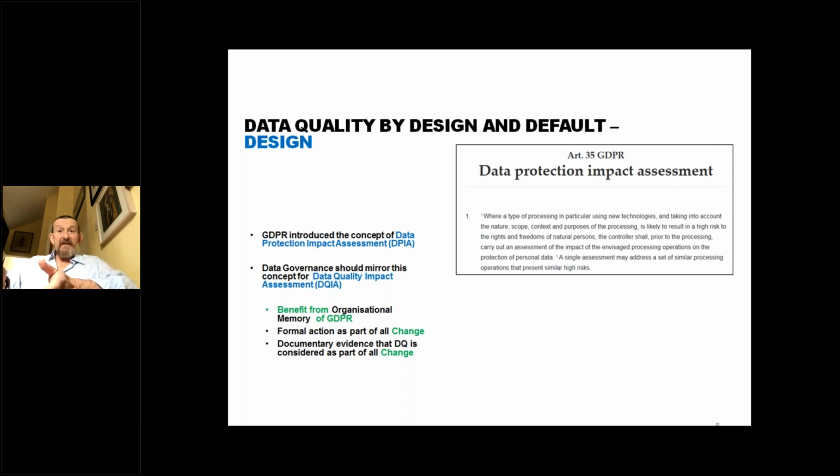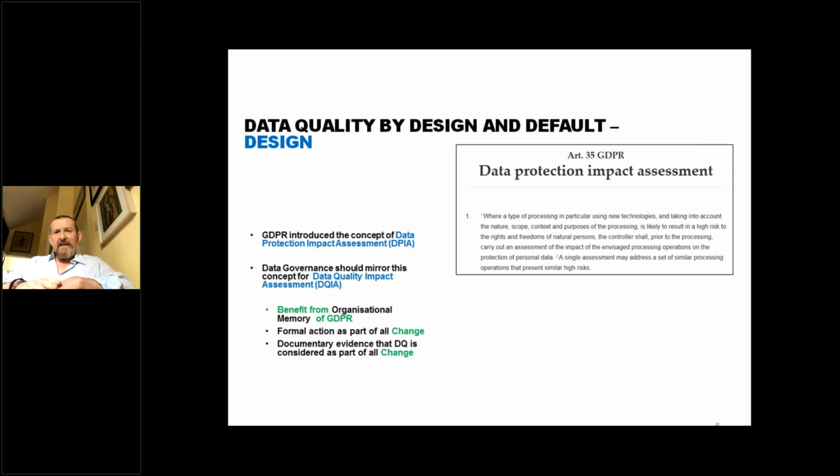So for instance, if it happens to be a system that's gathering data, I would expect the DQIA to show all the energy, activity, and designed things that are helping to ensure the data gathered is accurate. Like I mentioned earlier on, using drop-down boxes rather than free text for things like country codes or currency codes, that's a given. Or more complicated business rules that are running through the change to verify and police data quality. For instance, there could be some numbers that should have some natural relationship, then build that into the change. Make sure that isn't just something that's left behind.